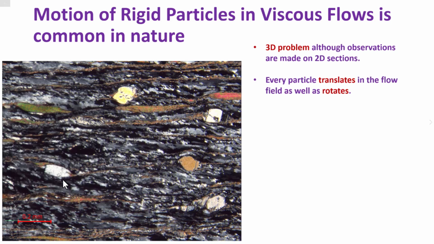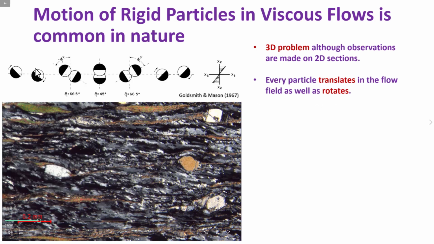It's also important to realize that the motion of these porphyroclasts, these rigid objects in the ductile flow, includes both translation and rotation. As the rigid object rotates, it also translates in the flow field. Schematically shown here are spherical rigid objects. The sense of shear here is top to the right. So as the spherical objects rotate, they can also approach another particle. They can collide, and after the collision, they can form a doublet.